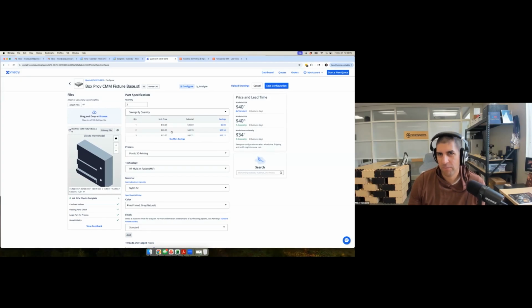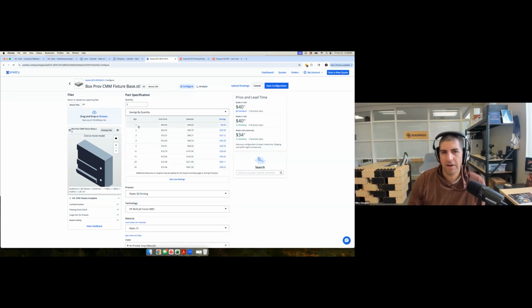Most of these browsers look exactly the same. I'll show you Forecast 3D; it looks almost the exact same, but it gives you a flow. You can start to see that if I order one, it's going to be $40, but if I order two, I can get basically two for the price of one, right? You start to get economies of scale, especially depending on what type of